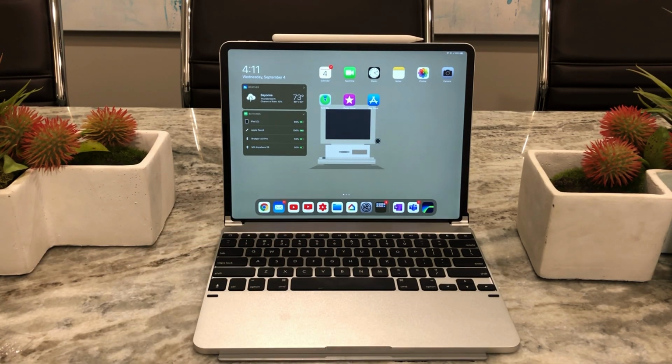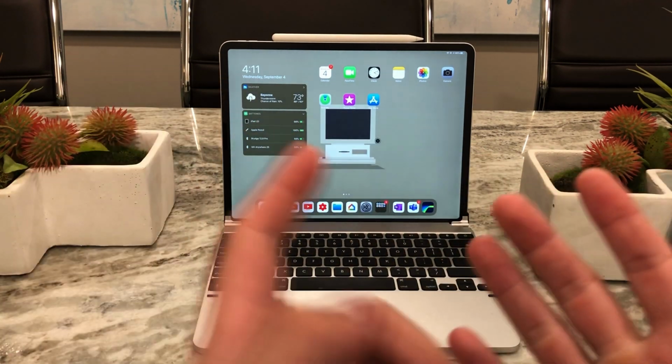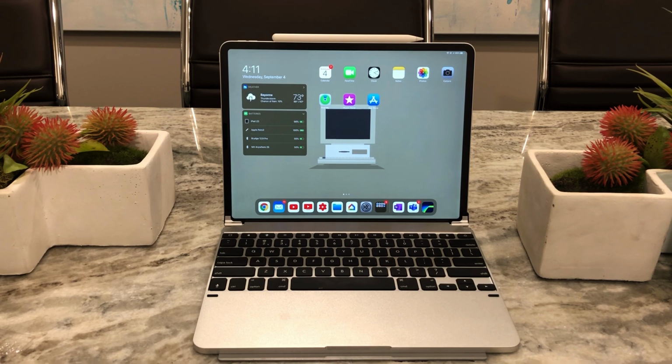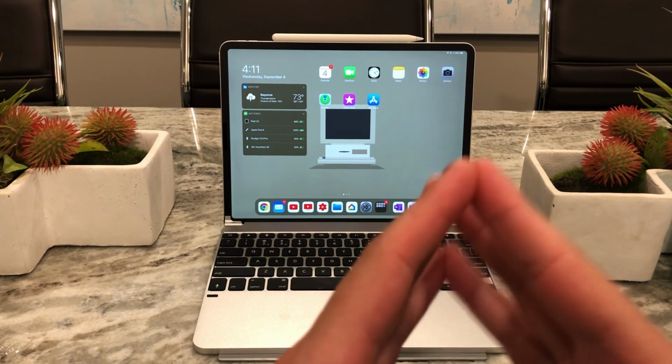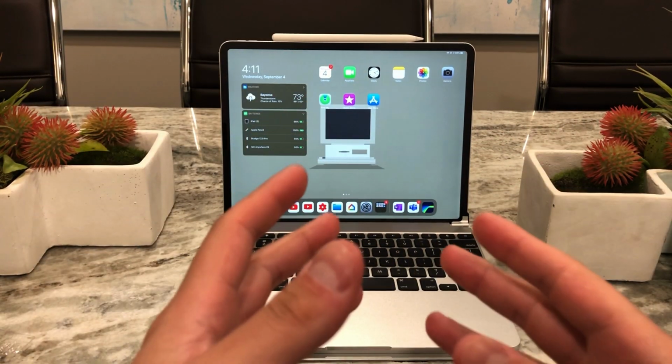But then I got a lot of questions because I am a Microsoft Suite user, especially for work. So I use Word, Excel, PowerPoint, Teams, what else is there? Skype, even though it doesn't really exist anymore, OneNote for all my notes. And people were asking me, can you use Microsoft Suite on iPadOS and use all the features that iPadOS comes